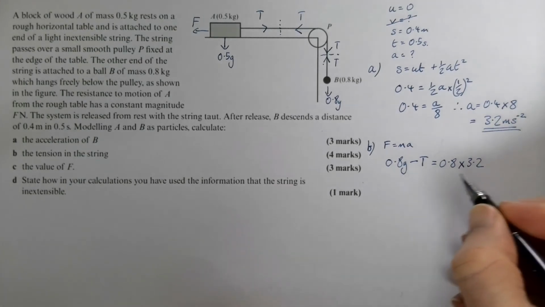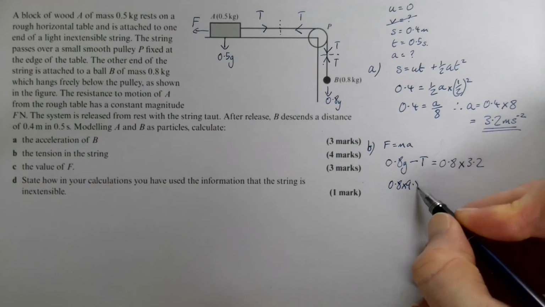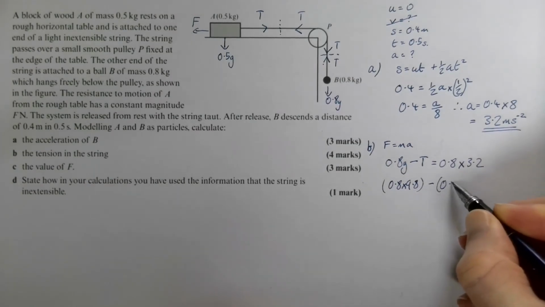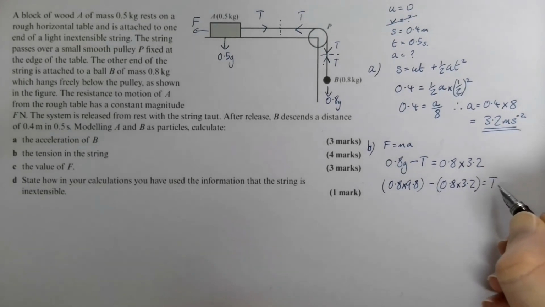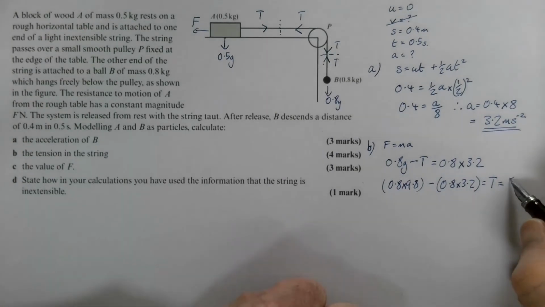If we add T to both sides and we take that away, that therefore we can put 0.8 times 9.8, take 0.8 times 3.2 is going to be equal to T, which is, if you pop that in, you get